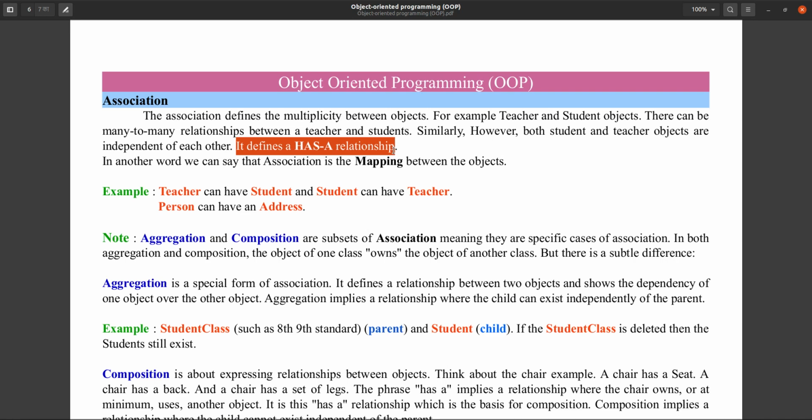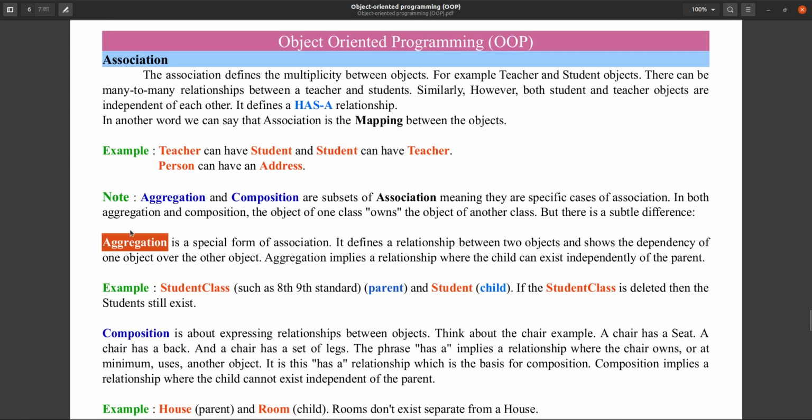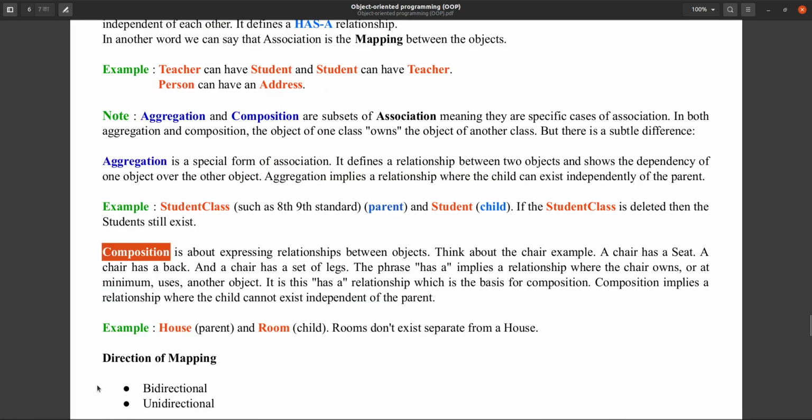If I say I have a car, you have a car, he has a car, she has a car, like that. Has-a relationship. One object has the reference of another object, called a has-a relationship. So there are two forms of association, aggregation and composition.